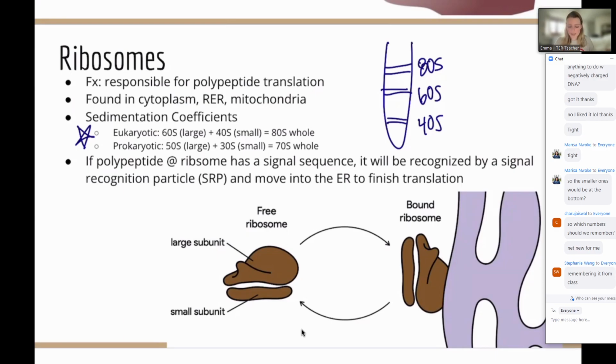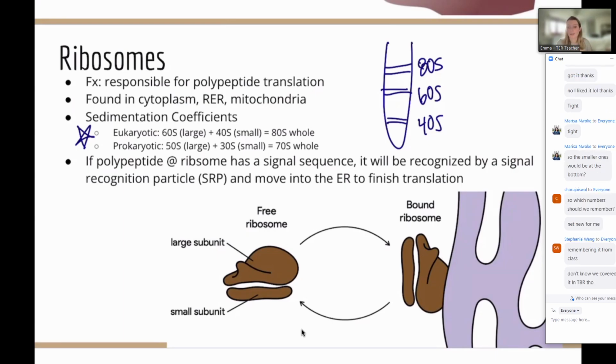But potentially, I would say the way that you would see this in a question is they'll give you 4 vials, and they'll say, these are contents of cells that have been centrifuged. Use the sedimentation coefficients to answer the following questions. So you might see this one, this band, and then these two. And they might ask, which of the following containers contains parts of ribosomal subunits?